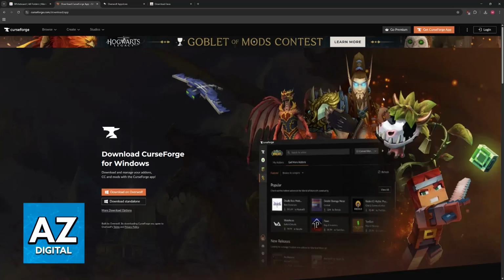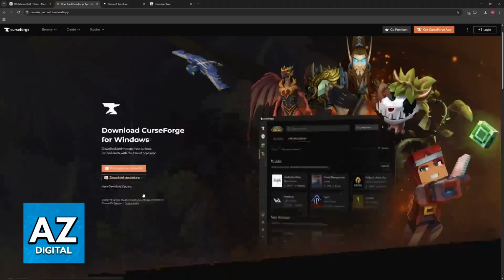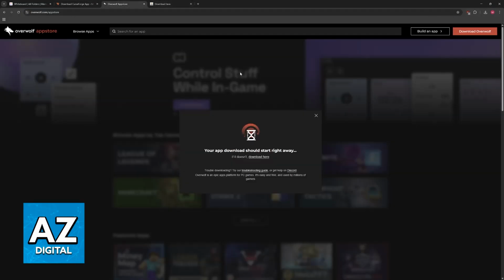If it is still failing, you could have a corrupted download. So what I recommend in this case is that you go over to the installed apps on Windows and you look for anything related to Overwolf, both Overwolf and CurseForge. And once you find them here, click on the three dots and then uninstall. You will be able to fully remove them, any sort of corrupted file, and then you can reacquire them from the official website. Make sure that you choose standalone. This, in my opinion, is going to be the best option, but if you want to use the Overwolf features, it should work as well.